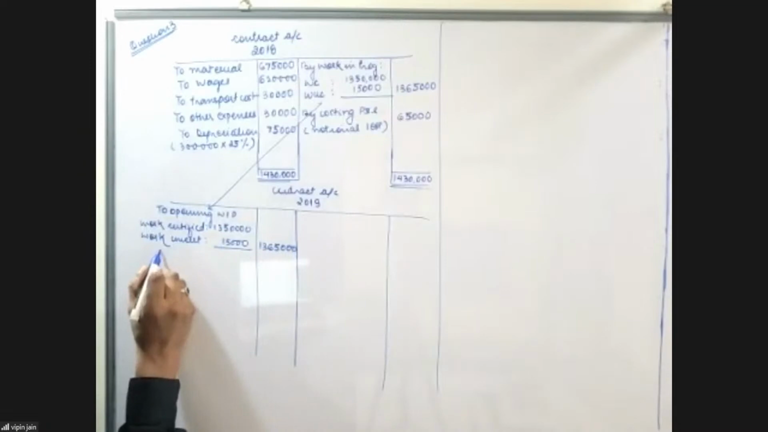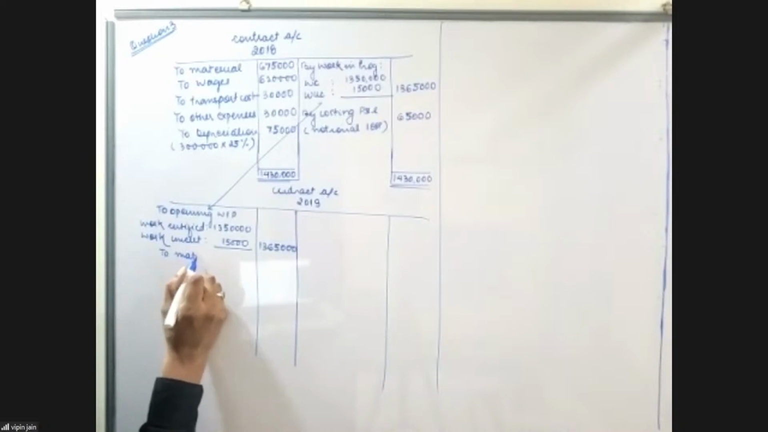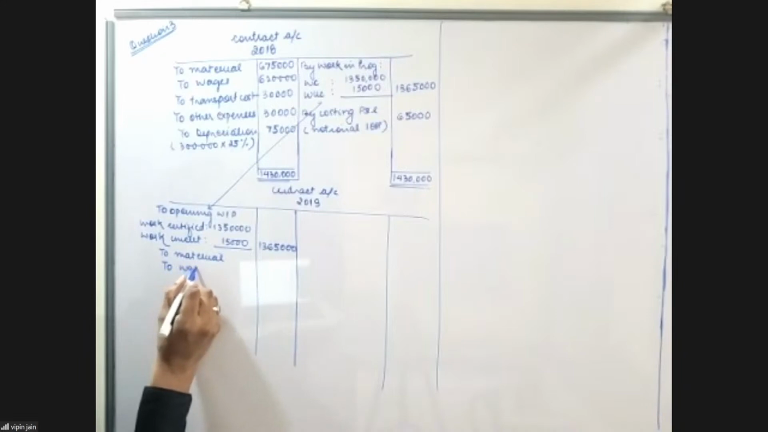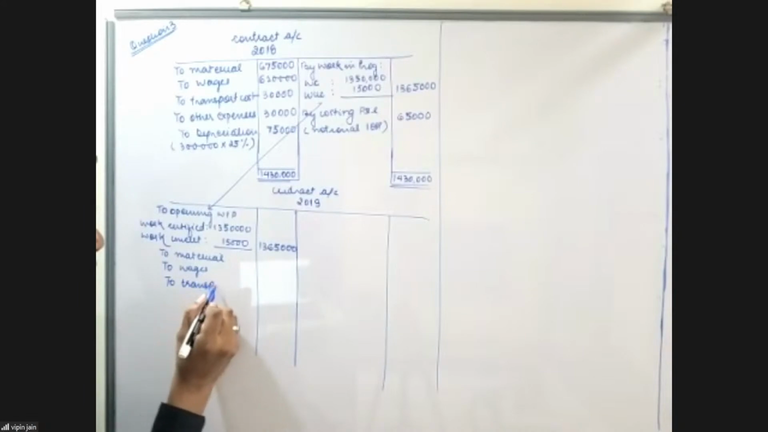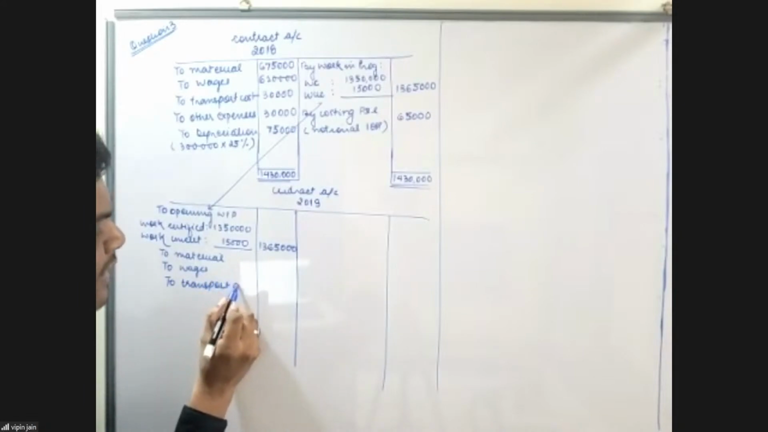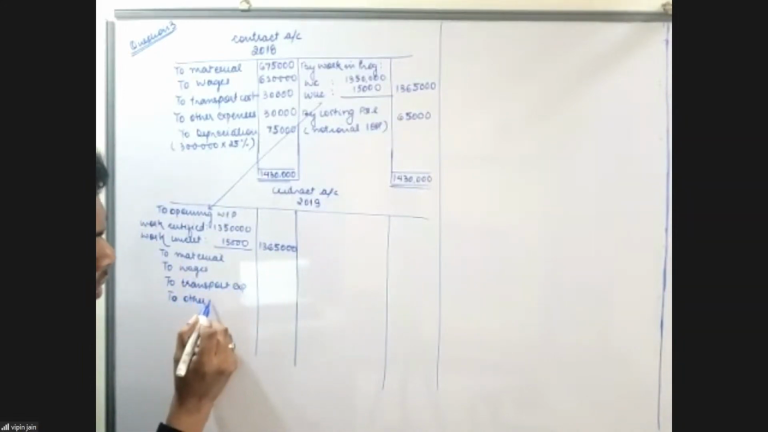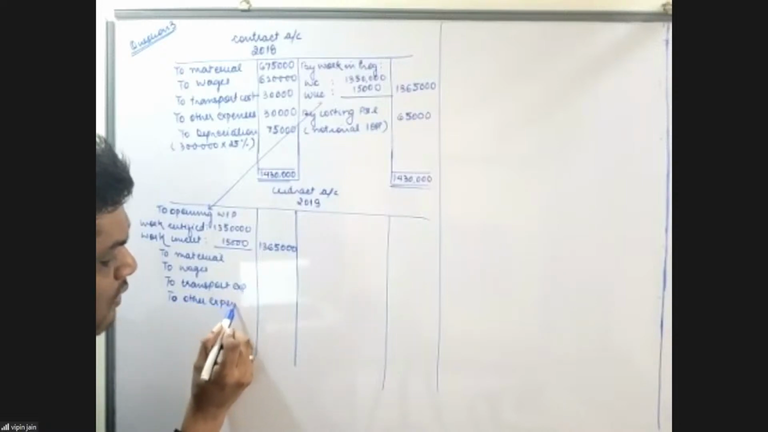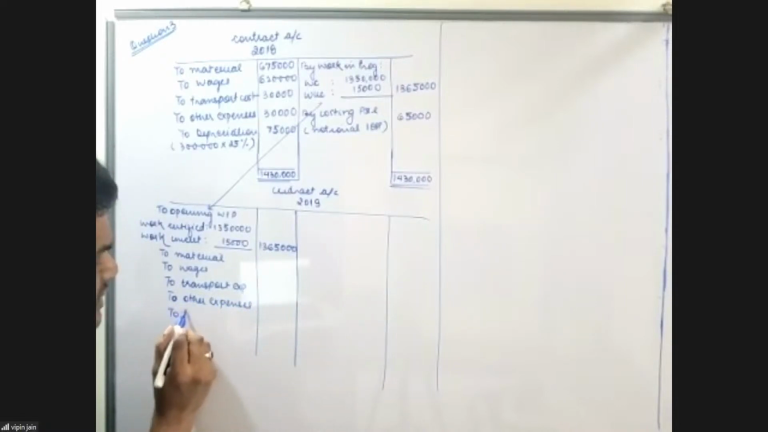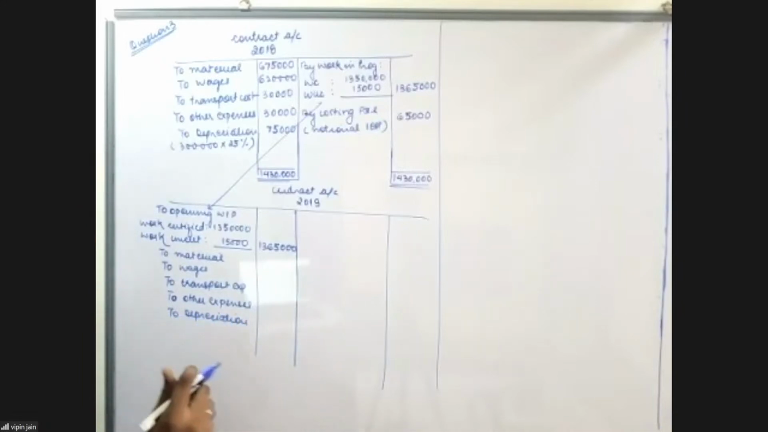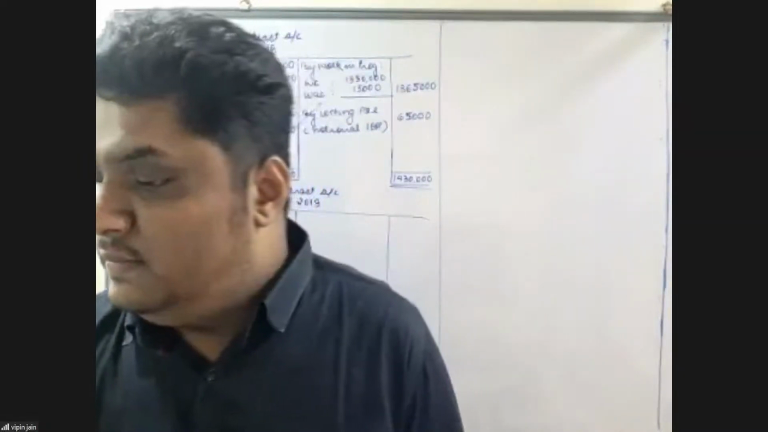Now, whatever expenditures are incurred in 2019, we will record. To material, to wages, to transport expenses, to other expenses and to depreciation. So my material cost is,